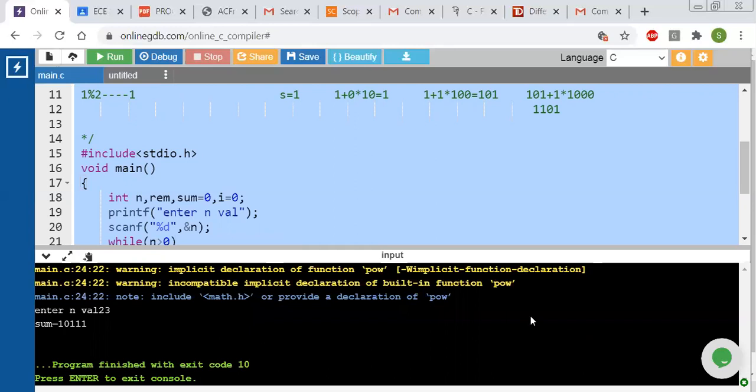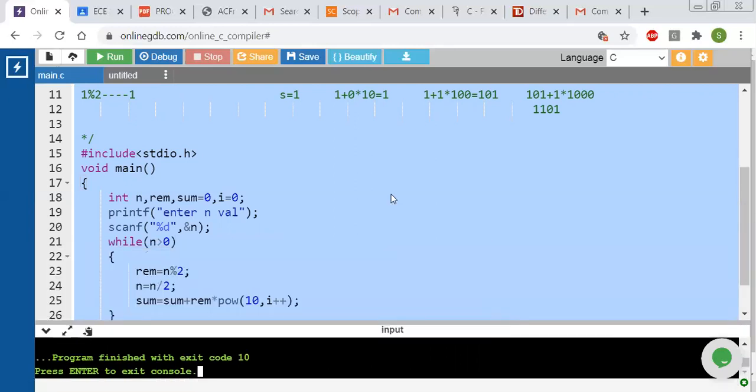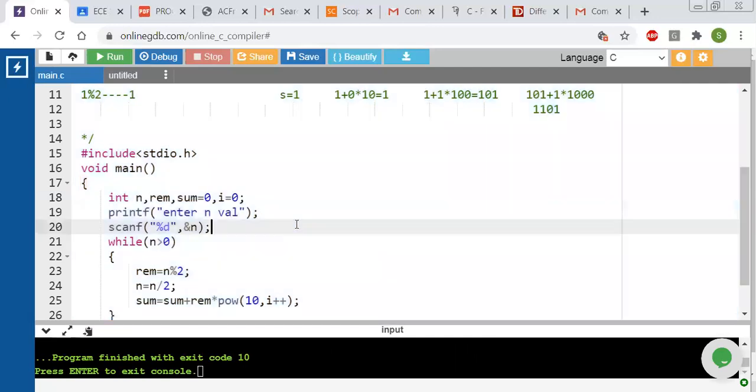Okay, this is for binary values. If you want to do the same thing for octal value, converting binary value to, sorry, converting decimal value to octal value. If you want to convert the same thing into octal value, the simple modification we have to do is, instead of doing with mod 2, we have to perform the same operation with mod 8. We have to do the same operation with mod 8.